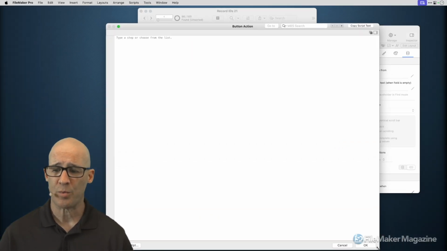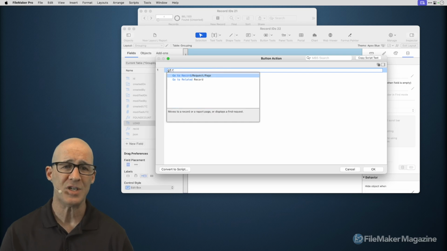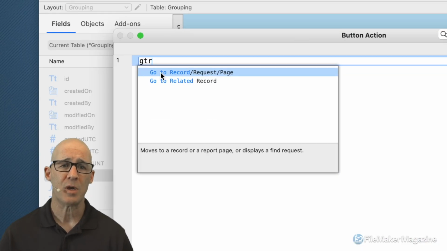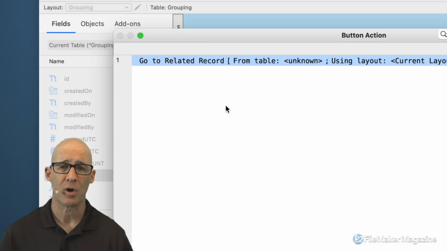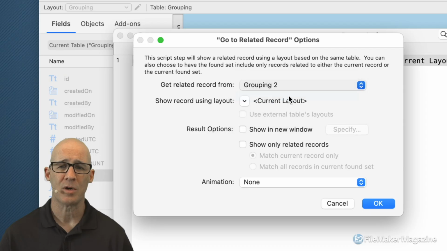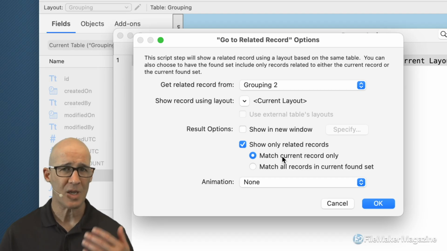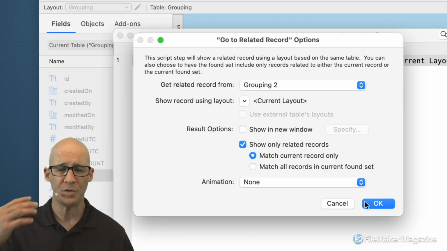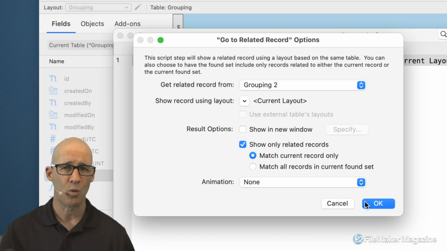And this is what you would typically put into your scripts. It would be a go-to, or GTRR, which is going to be go-to related record right there. I didn't put the RR. But in this case, we would simply just use that second table occurrence, go to that, use the current, and we would show only related records. Matching the current record is fine because it is a global field. So that is global, meaning no matter what record we are on, that will load whatever is set into that particular